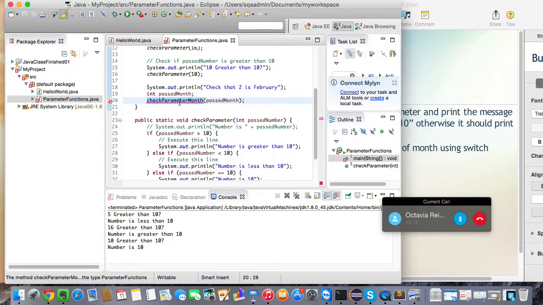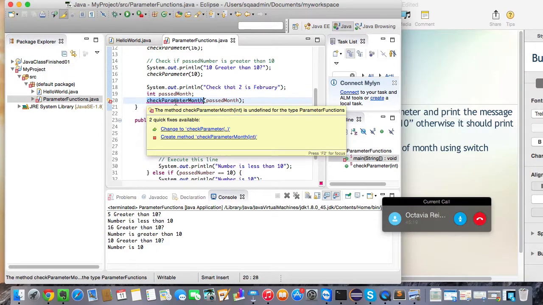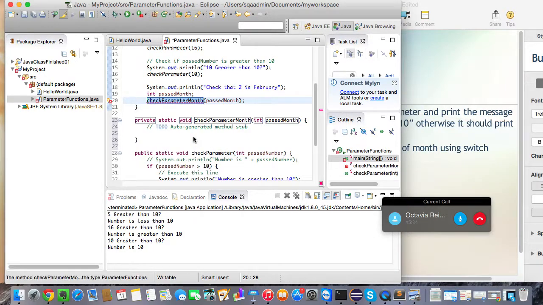So again, now it's telling us the check parameter month method doesn't exist. So we go to create method. So automatically it creates the method for us and gives us the whole little structure that we need to create that method. So it saves us from having to type that whole method out. And if we want to just get a head start by printing out what that pass method is,